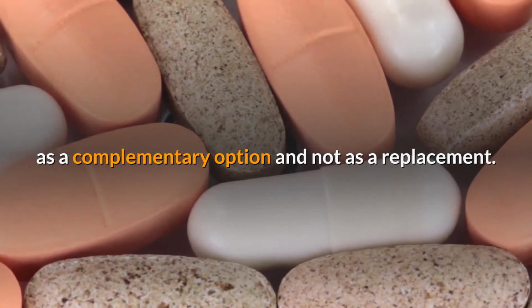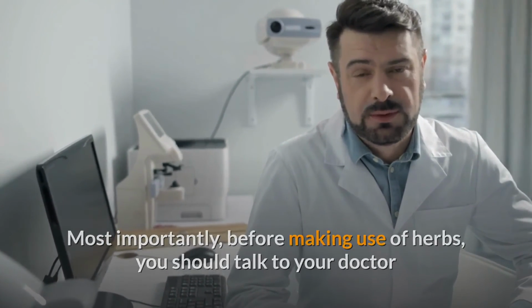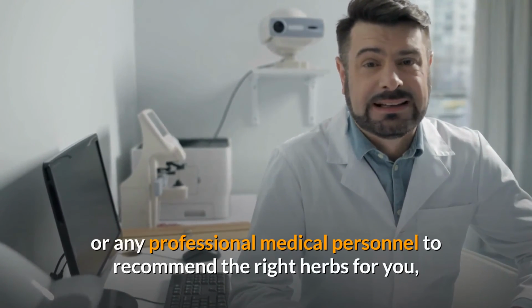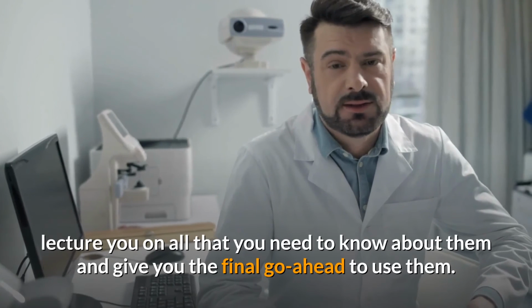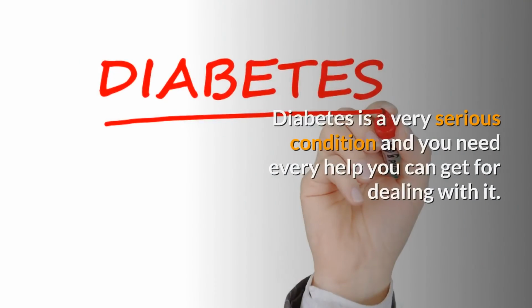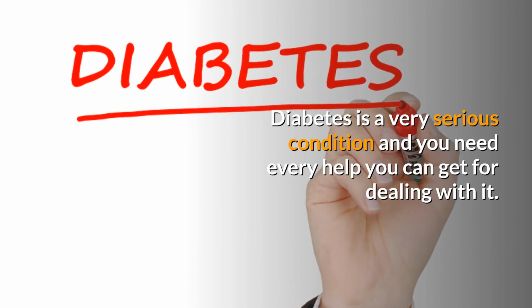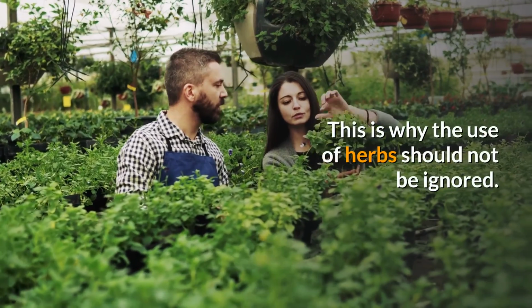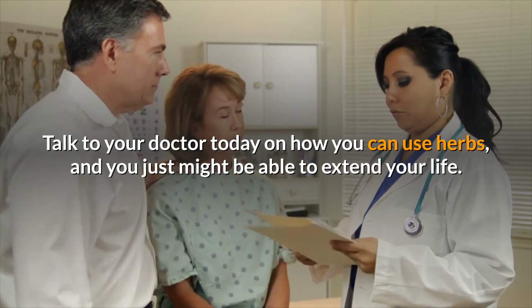as a replacement. Most importantly, before making use of herbs, you should talk to your doctor or any professional medical personnel to recommend the right herbs for you, lecture you on all that you need to know about them, and give you the final go-ahead to use them. Diabetes is a very serious condition, and you need every help you can get for dealing with it. This is why the use of herbs should not be ignored. Talk to your doctor today on how you can use herbs, and you just might be able to extend your